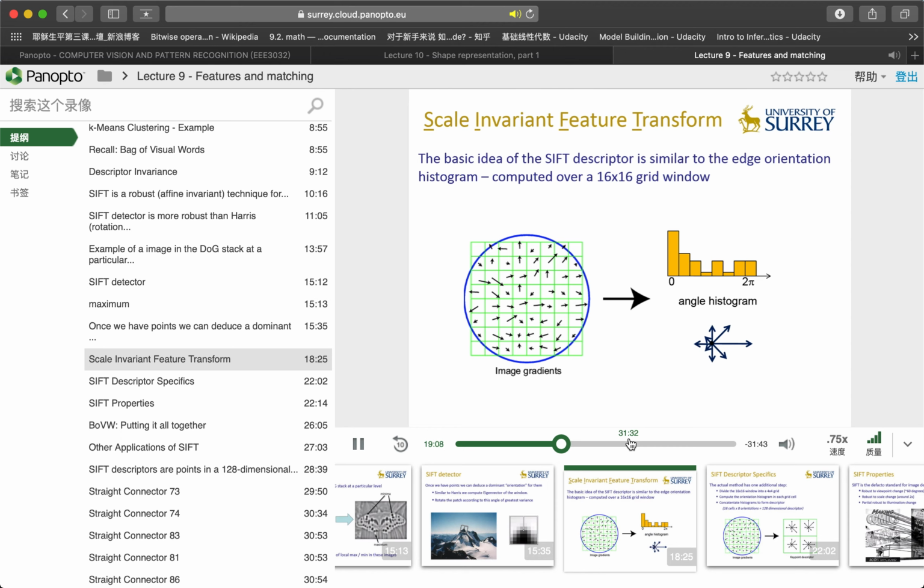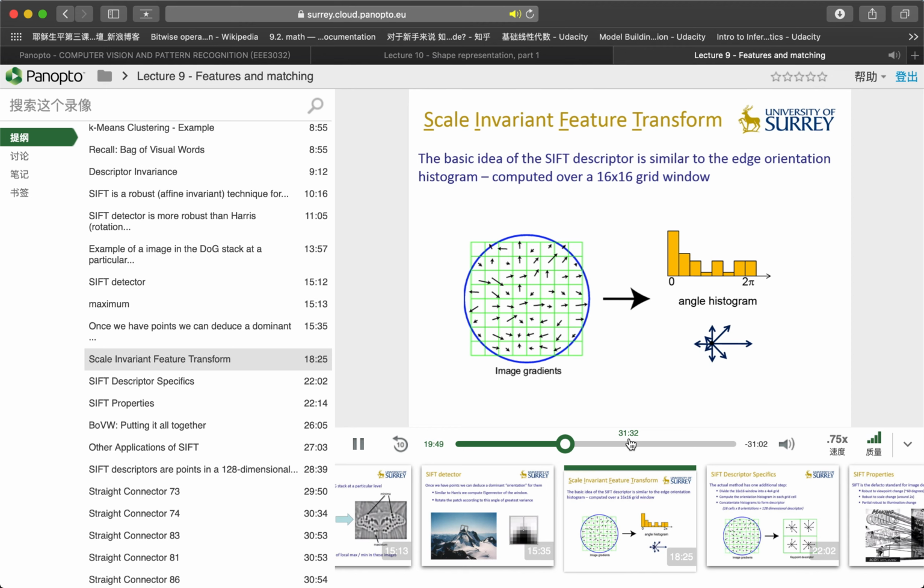And what we're doing is counting up how many times the edge orientation is pointing in each of those bins, if you like, 45-degree bins. So we take our window of pixels and slice it up into a 16 by 16 cell grid. Then within each of these grid cells, exactly like the visual search lecture I gave you on edge orientation histogram, we calculate the average orientation of pixels within that cell and quantize it to the closest 45-degree bin in order to create this frequency histogram for the orientations of the